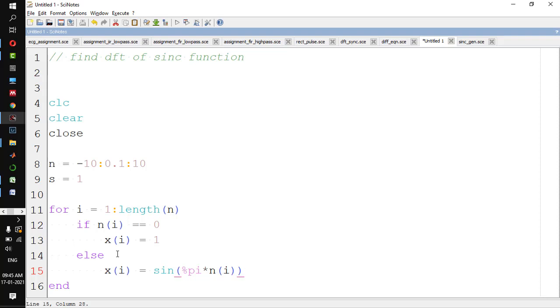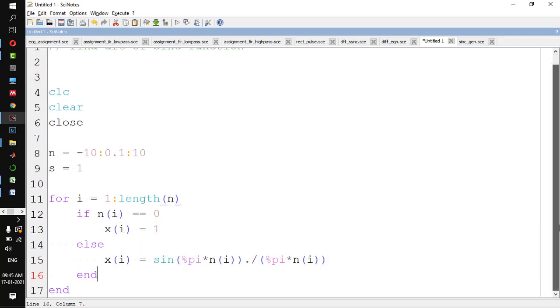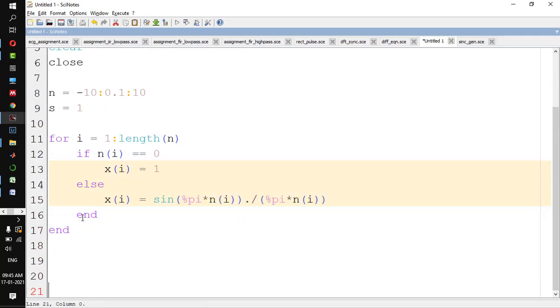Since we are dividing element by element, it is dot divided by pi into n of i. Now we'll end the if statement. This end is for the if statement and this end is for the for statement. Okay, so this for statement will generate the sinc function.